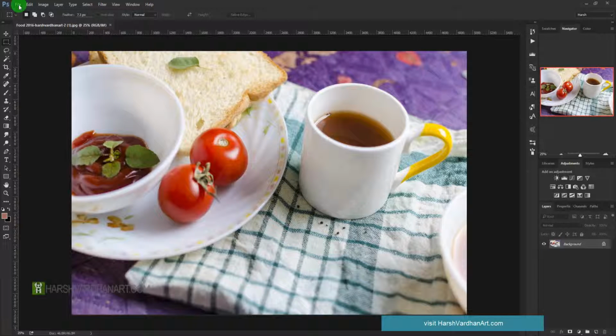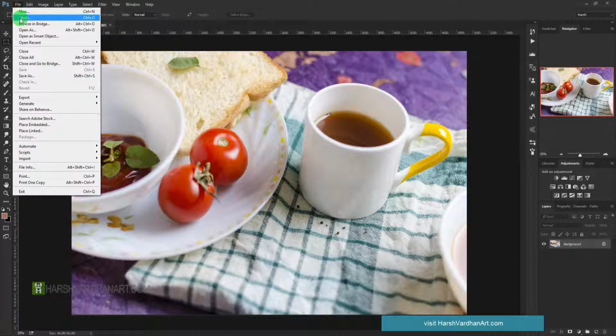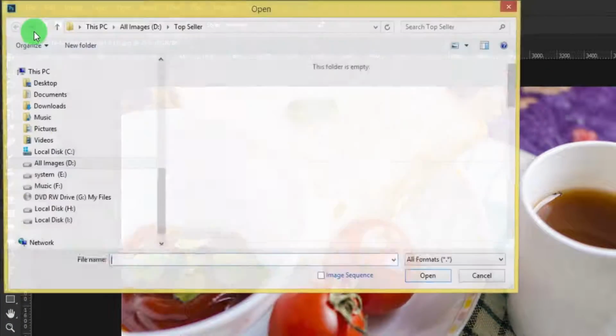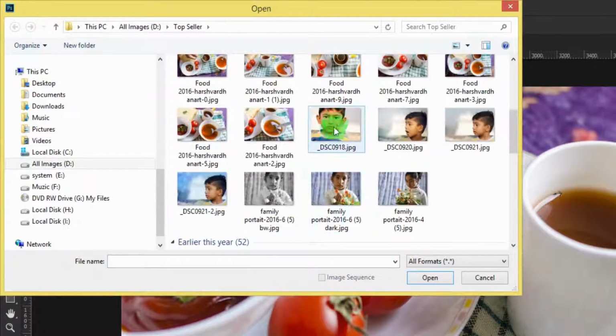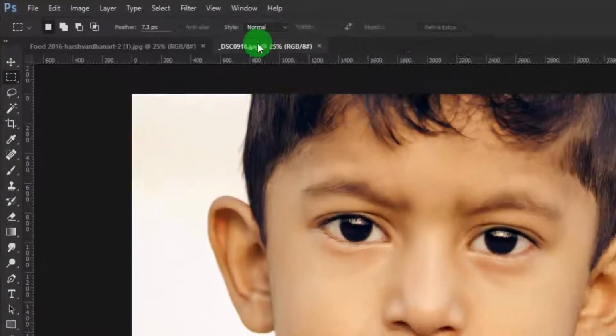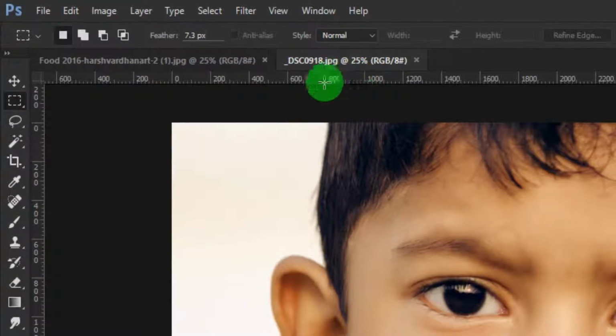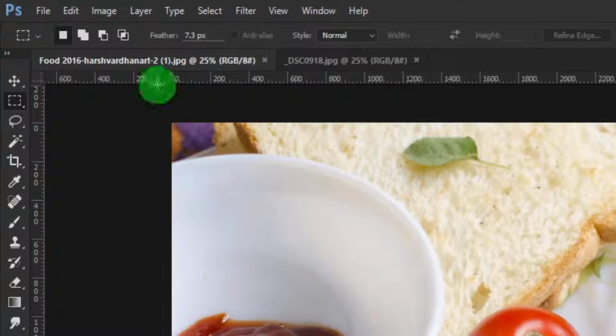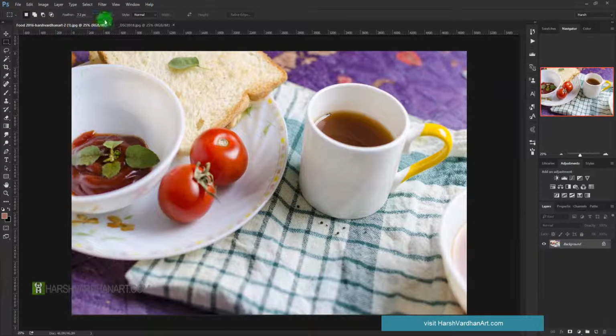But if you repeat the same process, let me show you, and select the image and open it, as you can see this image has been opened in a separate document, not in the previous document where we opened our first file.